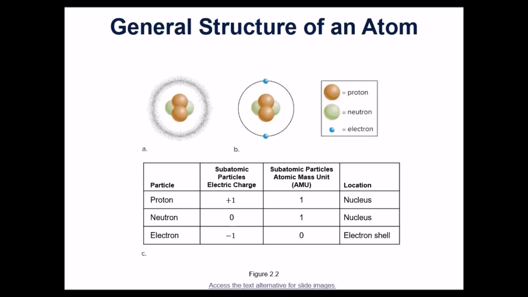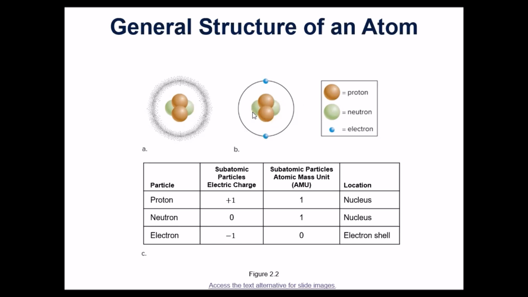And in figure 2.2, you can see a basic little diagram. We'll see some other diagrams, but this would be the diagram of an atom. You've got electrons on the outside. They orbit in a cloud. That's why this looks fuzzy over here on part A. So the electrons zip around that outer shell here. In this case, it only has one shell, one layer to it.